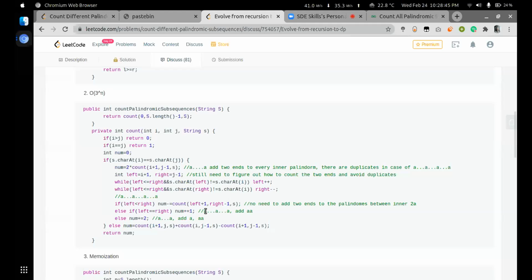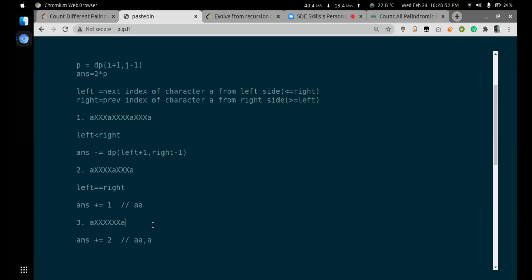So let's check what is mentioned here. When it is greater than, it is not, right? So you add only when they are close to each other. If there is no A in between, then this means I have to take into consideration these two A's, which is a single A, either of the two endpoints, or taking both the endpoints together, since I did not take into consideration these two endpoints when I was taking the first one.